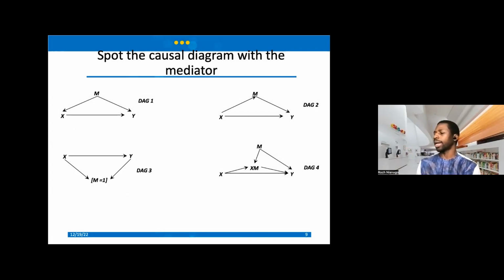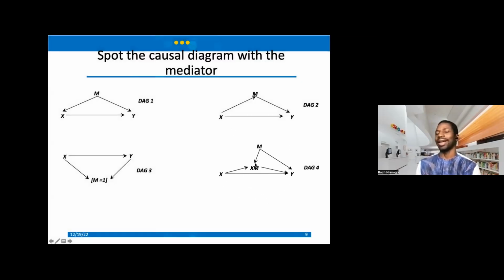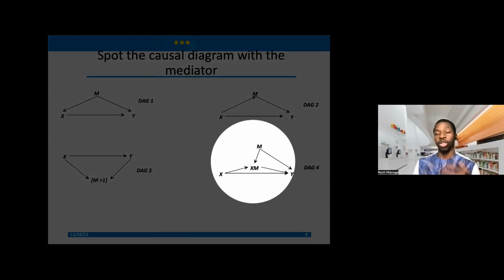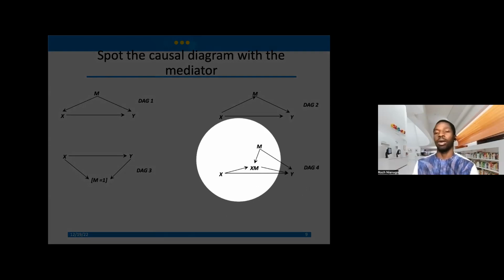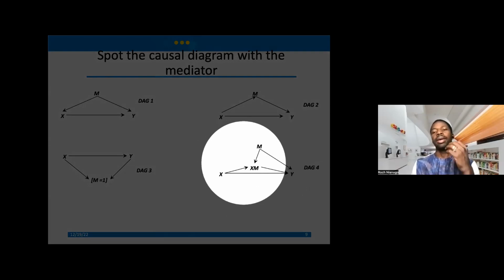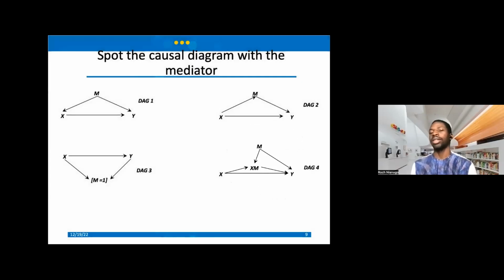And in that form, as you can see here, this is a way to represent the interaction, right? Here, X M is created using the variables X and M. It's just a product of X and M. So we can include that in the diagram to show this right here. And this is interesting because when we do that, it allows us to see how many other pathways there could be between a particular exposure and an outcome.